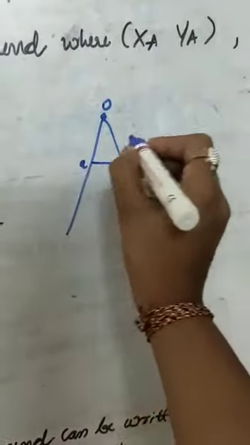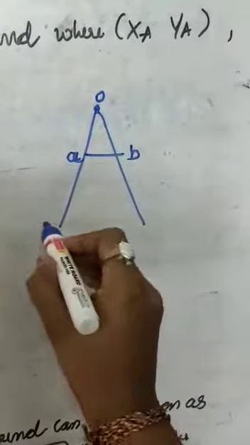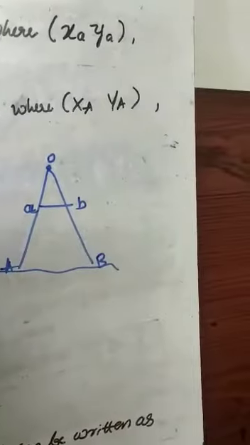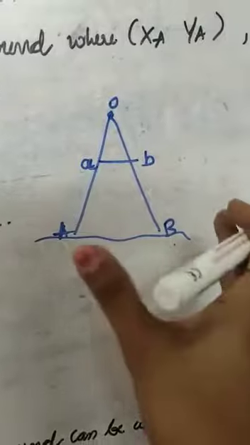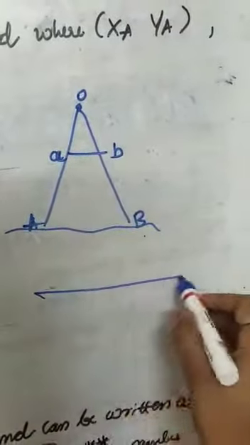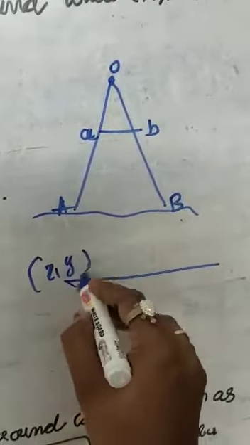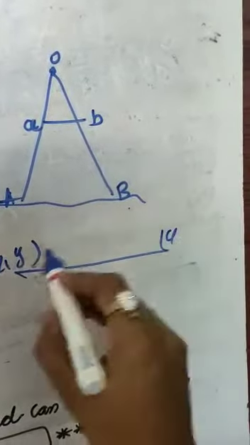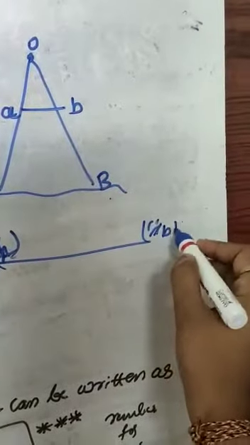this is the plane of photography that has the points a as well as b, and these are the points on the ground, capital A and capital B. So for this, let us consider the coordinates. For the straight line, the coordinates are x comma y, for example xa comma ya, and xb comma yb.